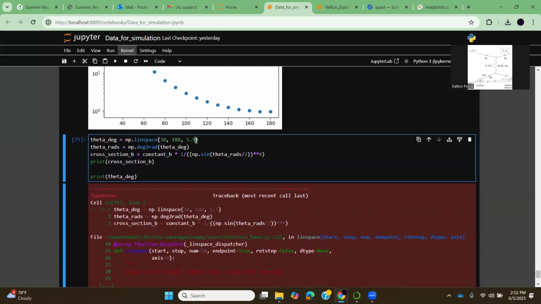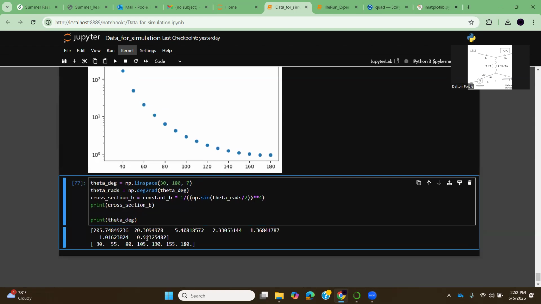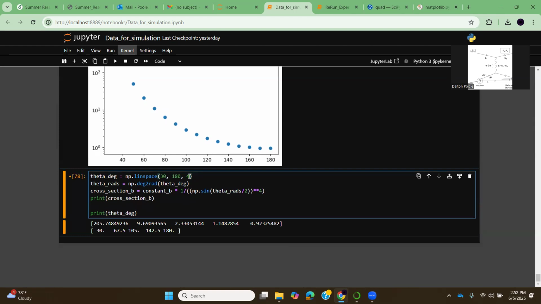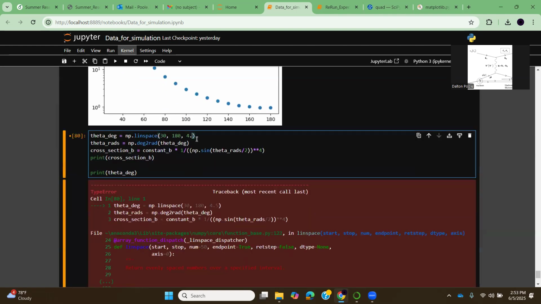I didn't like that. So that's giving me 30, but I want 40. I need to go 7 would make it less, right? Now it's 25. 5 was just too little. 4 is just too much, but it's not going to let me do 4.5. Yeah. So I'm thinking maybe